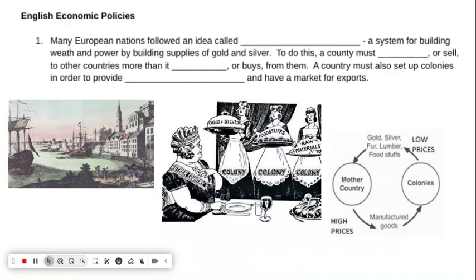All right, English economic policies. Many European nations followed an idea called mercantilism. Mercantilism, or British mercantilism in this case, is a system for building wealth and power by building supplies of gold and silver. And to do this, you have to export or sell to other countries more than you import or buy. A country must also set up colonies in order to provide raw materials and to have